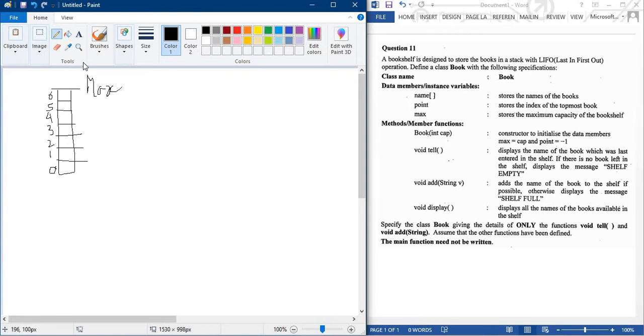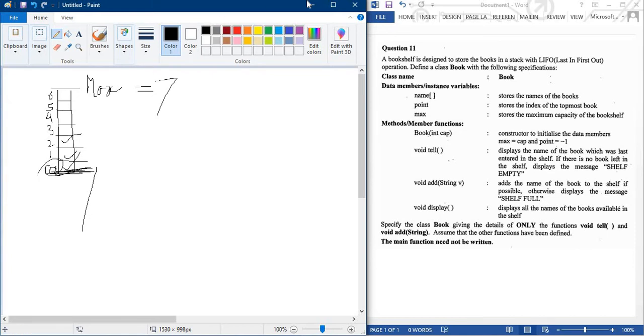Okay, now the max value is equal to 7, so 0 to 6 is 7. Now you are putting values over here, over here, over here. Now when you say it's empty, when the stack position is the last, topmost, your value controls the entire thing. Below this one is not possible, meaning below 0 is not possible.